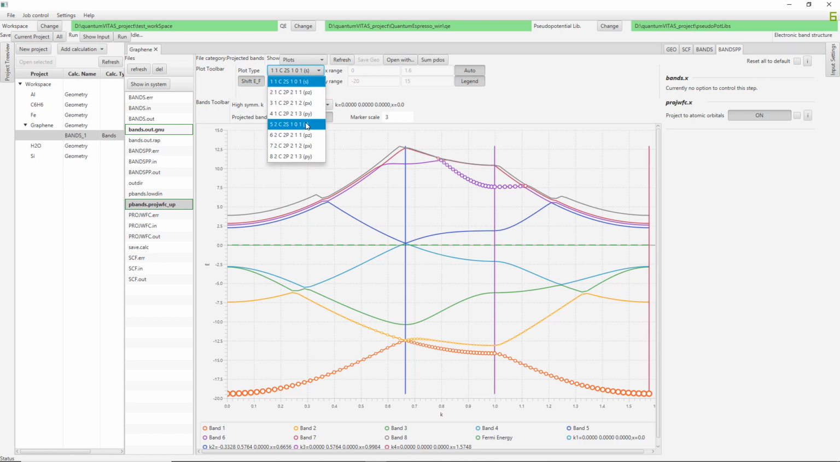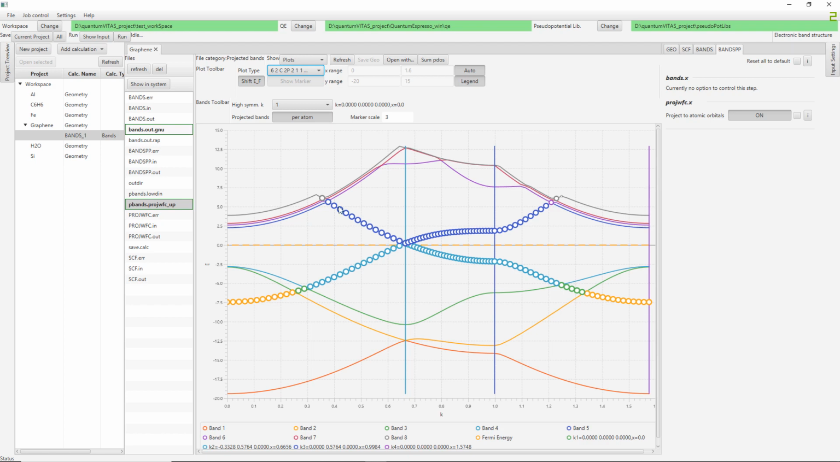And then you see that for carbon 1 and carbon 2, the s orbital is the same. The pz orbital contribution is also the same. This is because of the symmetry of the lattice. Okay, so now I have shown you it's very easy to use QuantumVITAS to project the band structure to the